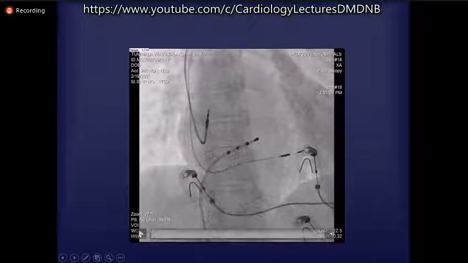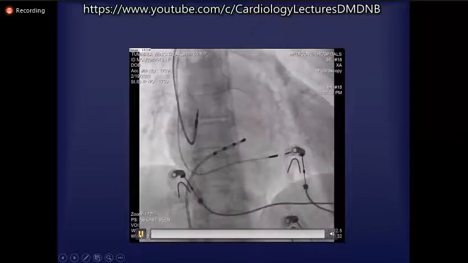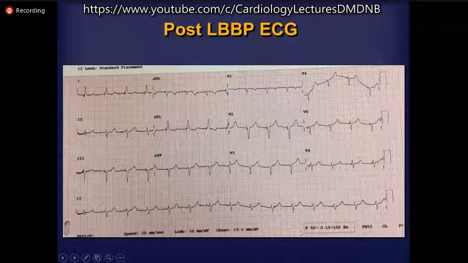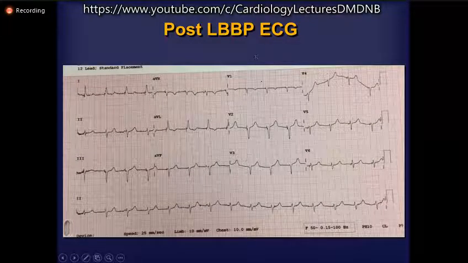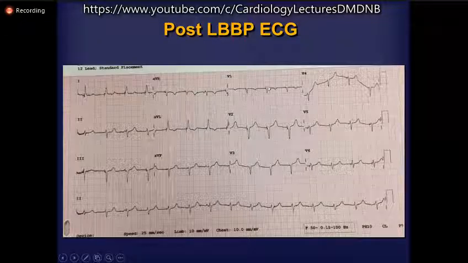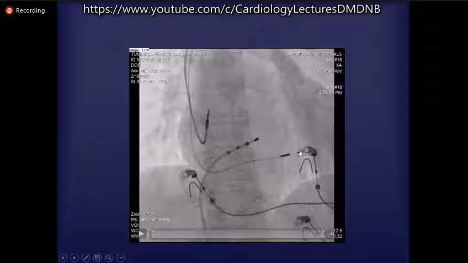So this is the final position, what it looks like in the AP view, where you have your atrial lead and then your left bundle lead. And here is your post left bundle pacing ECG. Again, when I'm doing bipolar pacing, look, the interesting fact is that even that so-called RBBB pattern disappears. And the reason is your tip here is capturing the left bundle, whereas when you're pacing in a bipolar fashion, this particular lead from cathode to anode is kind of spanning the interventricular septum. So in addition to getting left bundle capture here, you're also quickly activating the right side of the septum.